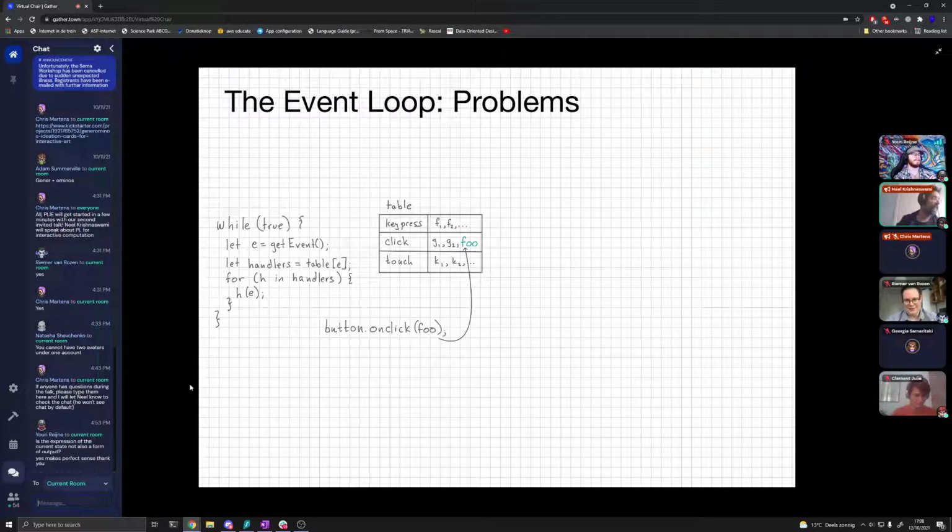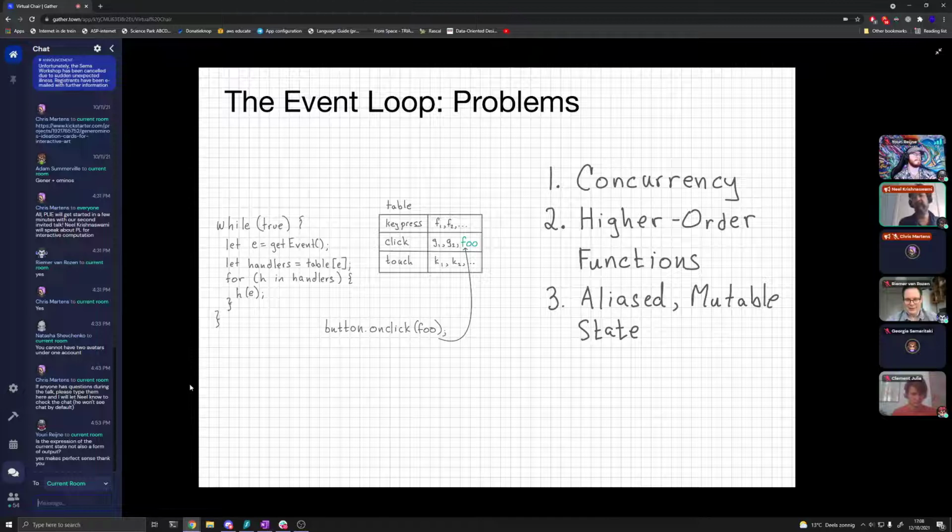But the basic issue in life is that unless you arrange things very well, there are trade-offs, and so event-based programming of the style that we've done for the past 45 years has a certain number of problems as well, which can be summarized in three bullet points. The first is that it's a concurrent programming model.